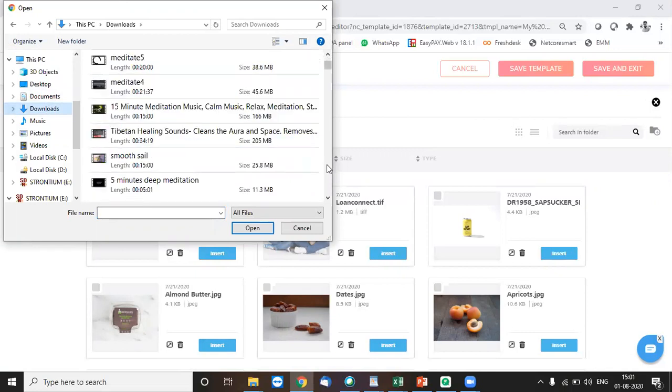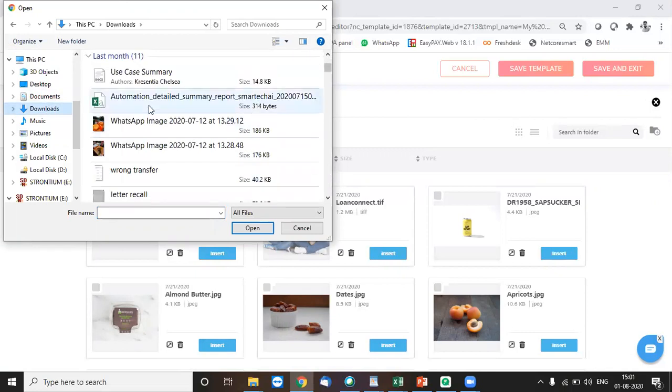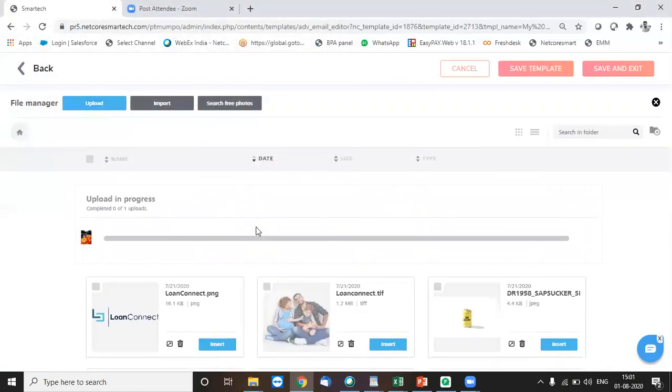Okay, let's say I use this particular image. Let's create a template with respect to a food tech company, like a food delivery company maybe. The size is 186 KB that I'm going to upload.